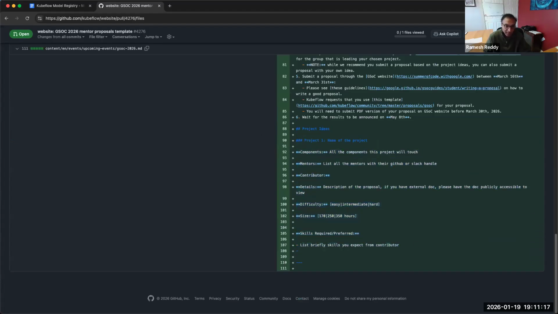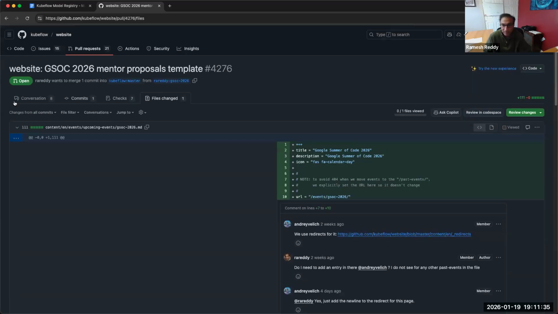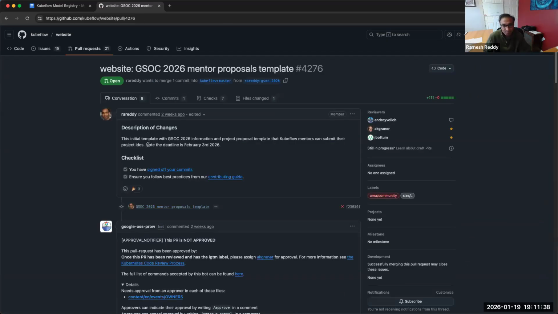Once we have the ideas in there, then we can go back and elaborate a little bit more, maybe write a KEP or link a KEP to it, and so on and so forth. So take this opportunity, become a mentor, invite people and improve your influence. If you can do it before like the 27th, 28th of this month, before the end of this month would be great, because in the last couple of days I would like to fix any issues with the proposals, or just go through the actual submission process and not wait until the last minute.